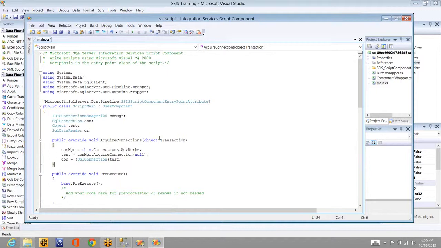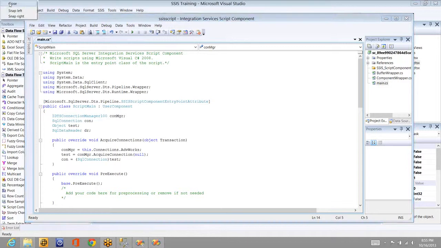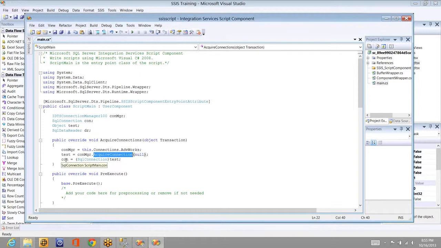So the steps I have done here: I've created a connection manager, I've created a SQL connection object, and I've taken one object variable. Into this, using the connection manager which I have declared, I brought this connection and acquired it into this object. And why? Because only an object can be converted.